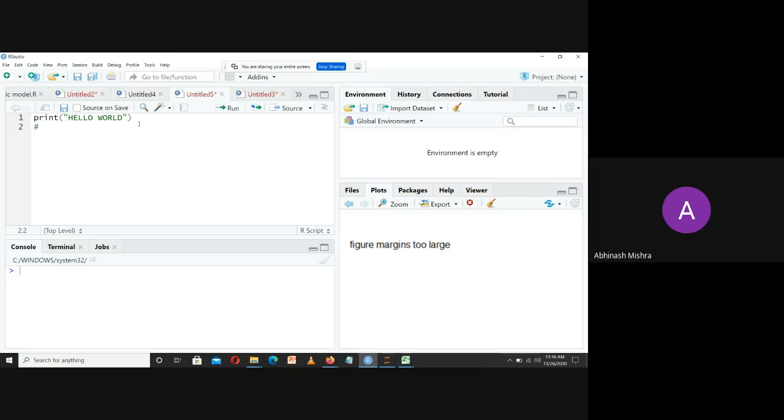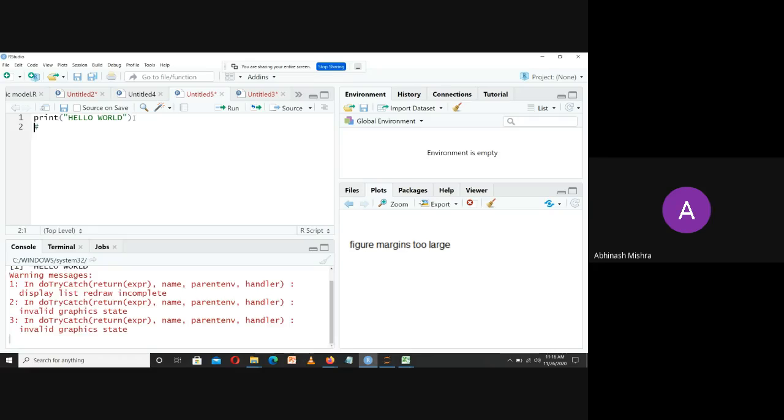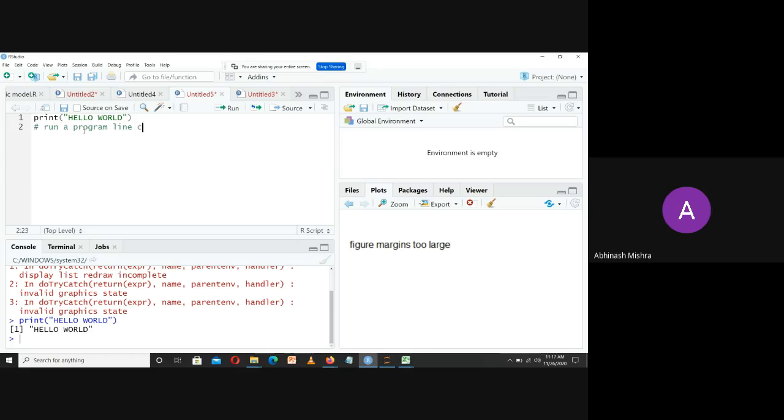You simply go to the first line, and when you are on the first line, just hit Control plus Enter.